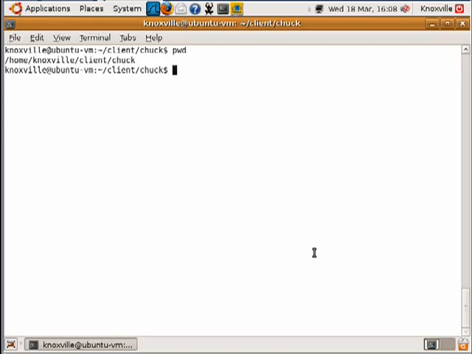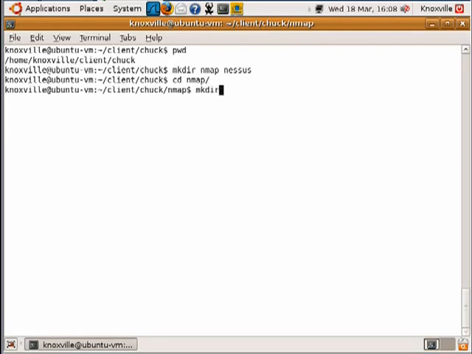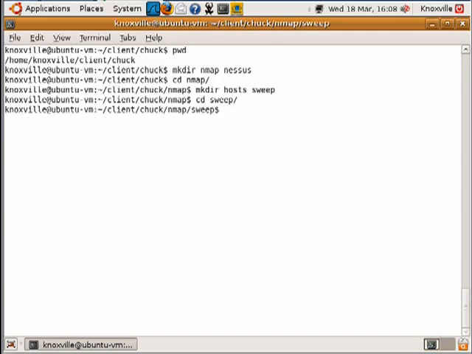I like to make some folders to help keep this attack organized. So I'm going to make an nmap and a Nessus folder. Then I'm going to move into the nmap folder and I'm going to create hosts and a sweep folder, excuse me. And then we're going to move into the sweep folder and then we're going to launch